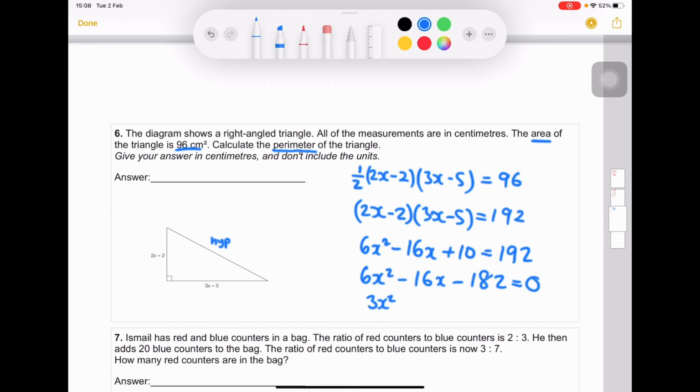So that's divide by 2. We get 3x squared, take away 8x, take away 91